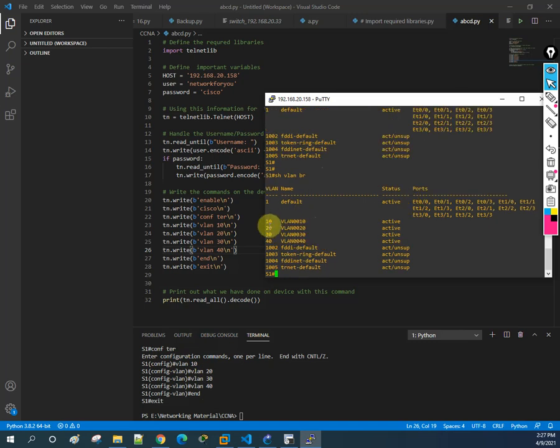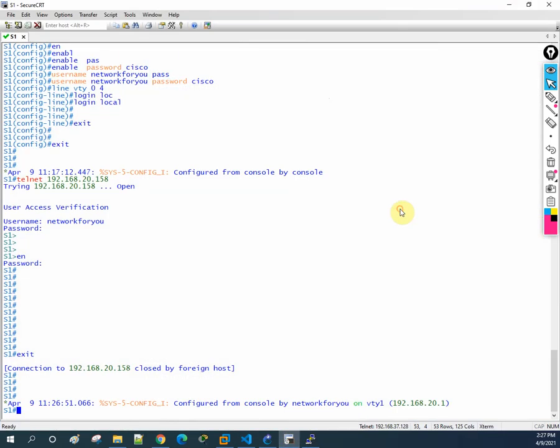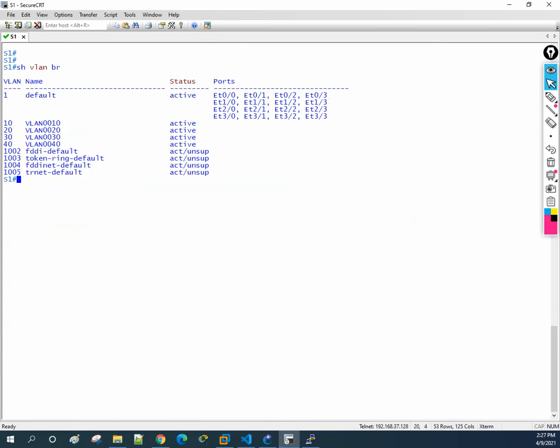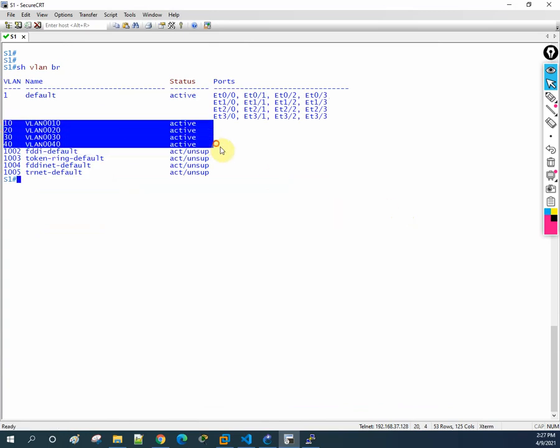Okay, before we didn't have this VLAN, right? Now we have this VLAN. Or if the screen is small, let me show you here. Before we didn't have that VLAN. If you see, now we have the VLAN. We created this VLAN, right? By using the same code,